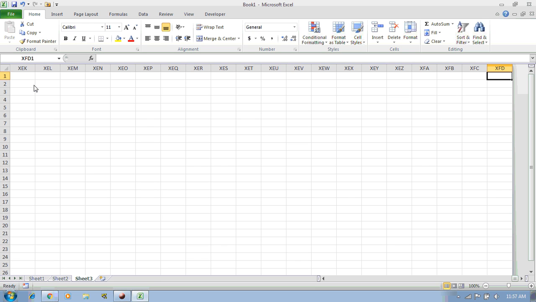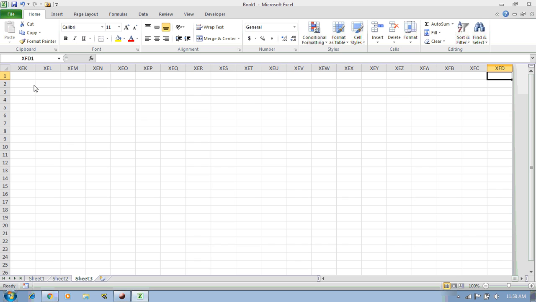Just for example, if you try to do the same thing in Excel 2003, although that is an obsolete version, I haven't seen that 2003 version in the last 5 years, but I'm just saying that for your reference. If you are using the 2003 version of Excel, there are only 255 columns, so you will go to the end of the last column there. But in the case of 2007 plus versions of Excel, you will go to the XFD column here.